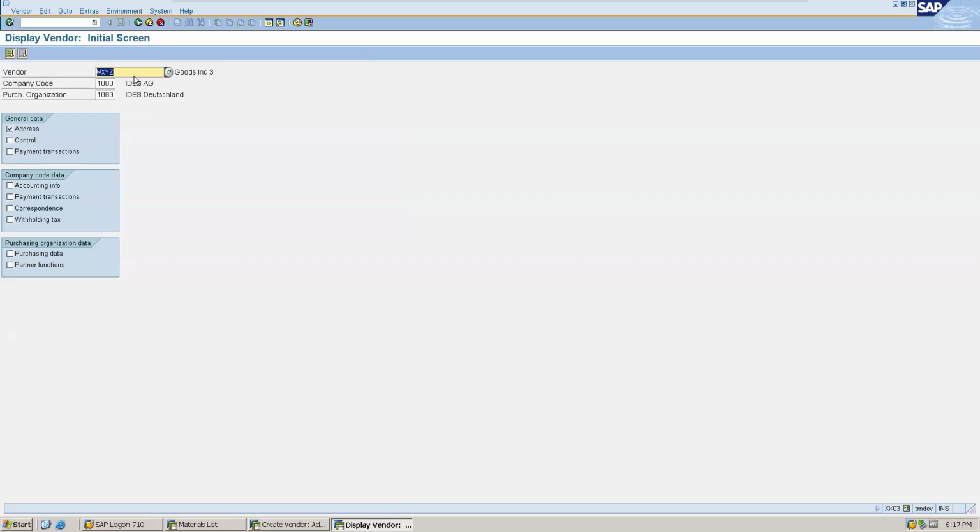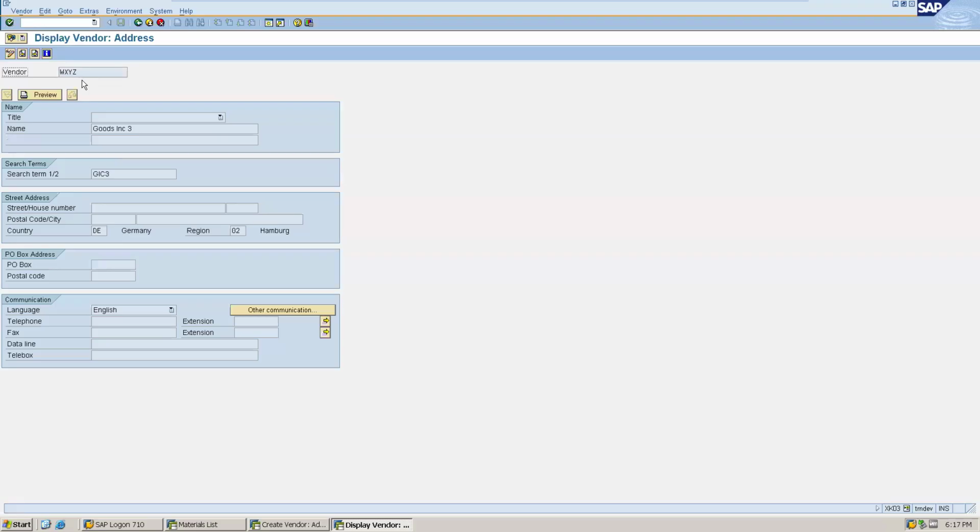SAP automatically populates the last data that we put into the field for that company code and that purchasing organization. And remember, I told you there are three main groups of data in the vendor master: the general data, company code data, and purchasing organization data. So it's asking us now which one we want to view. We can, for example, just view only the address information. I will click this red enter button, and it just takes me only to this